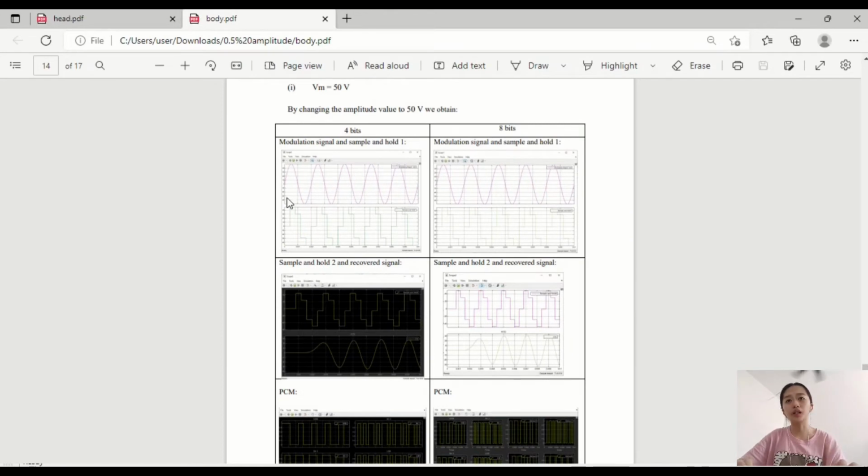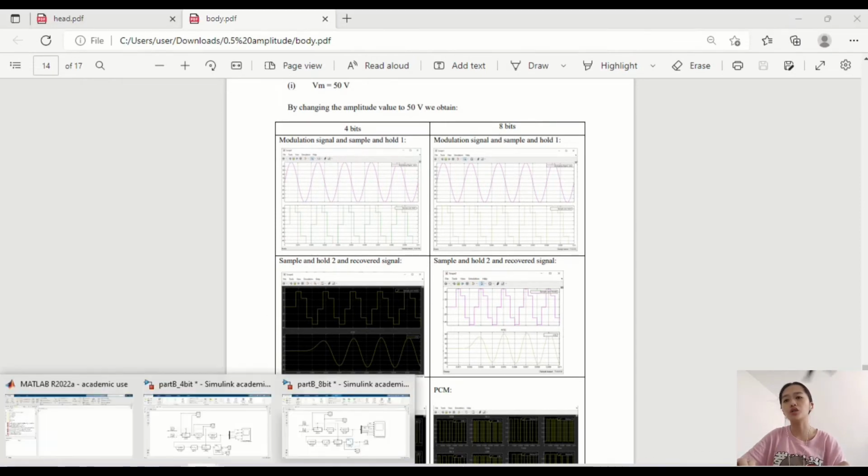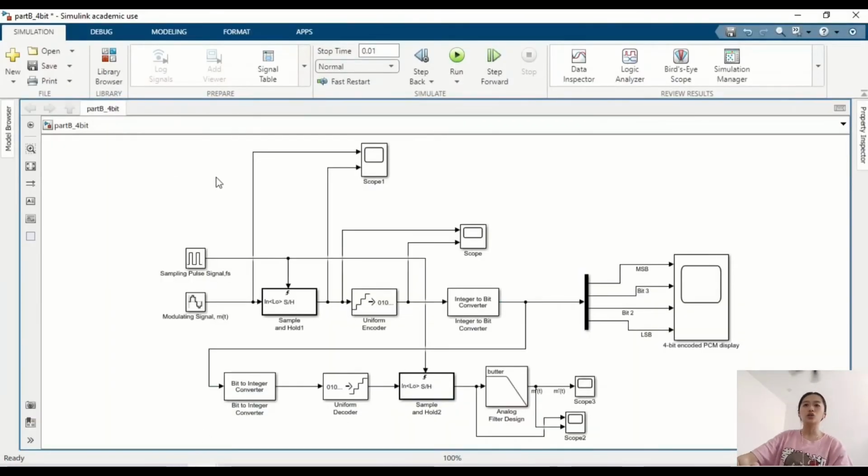Okay, this is the output that I obtained from Simulink MATLAB. Then we're going to run the PCM system with 4 bits and also 8 bits. So now let's go to the simulations in MATLAB. I'm going to do the simulation for 4 bit using 50 volt and 8 bit using 0.5 volt. Okay, so this is the part B circuit that we drew for the PCM system. So now we are going to change the amplitude